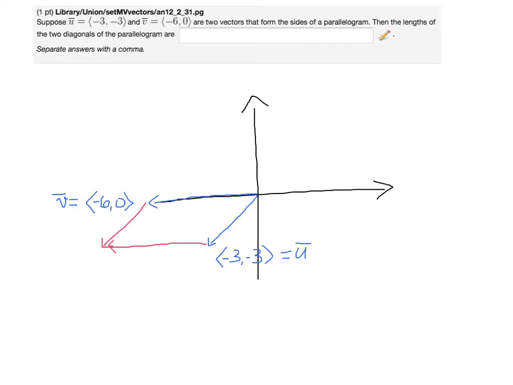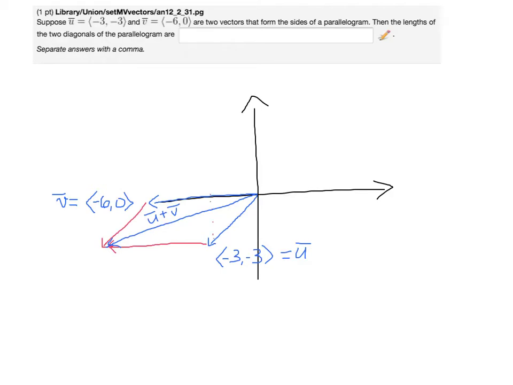And then we have something called the parallelogram law, and I'm going to try to convince you of this law just with this example. What I'm going to do here is draw this vector here, and my claim is that this vector is u plus v. And if you look at what we've done here, to create u plus v,